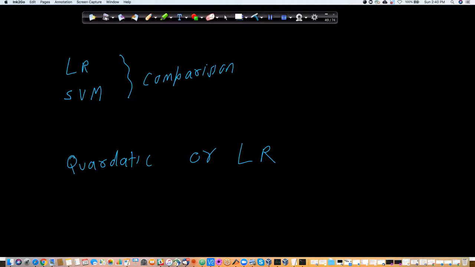Now, a natural question which comes to us is how to choose which algorithm is best suitable for us. Should we create a model with SVM? Should we create a model with KNN? Should we create a model with any other algorithm? So, what is the way we can decide on this factor? Is there any comparison metric for us which can tell us that okay, this is a good model or this is a bad model? Yes, we have seen a few terms like accuracy, which definitely is going to help us in this regard,